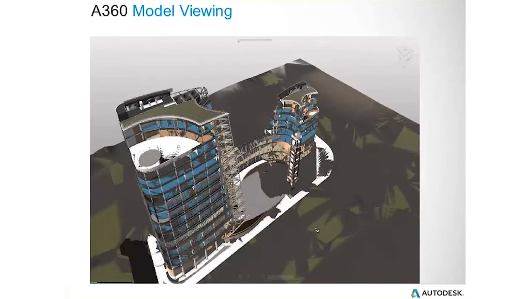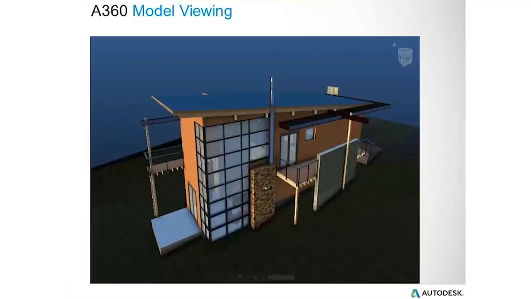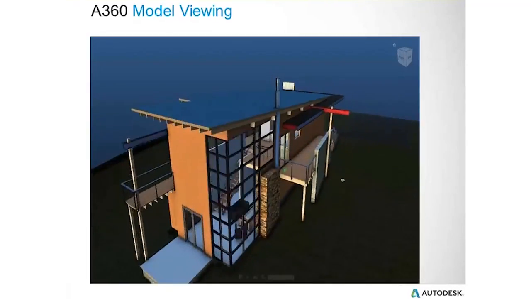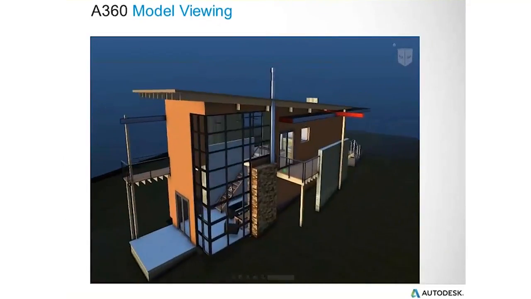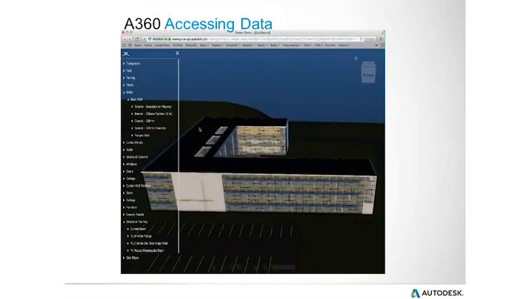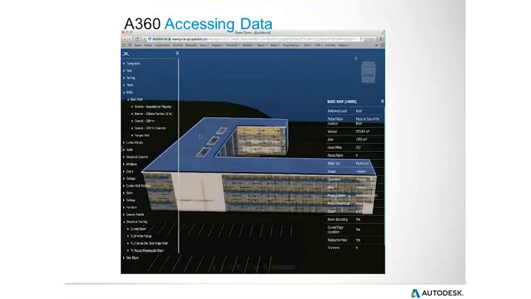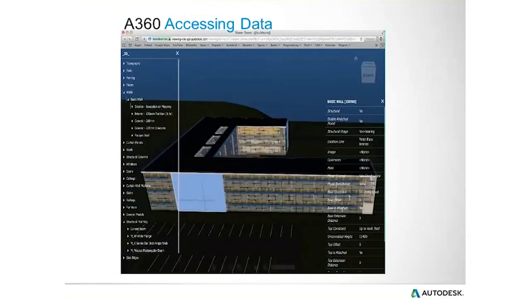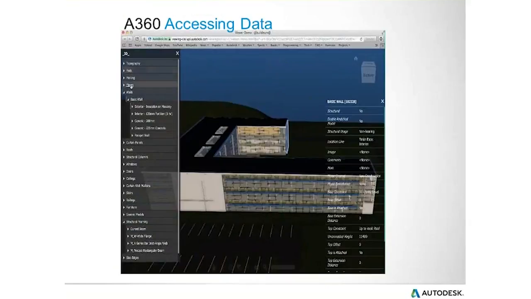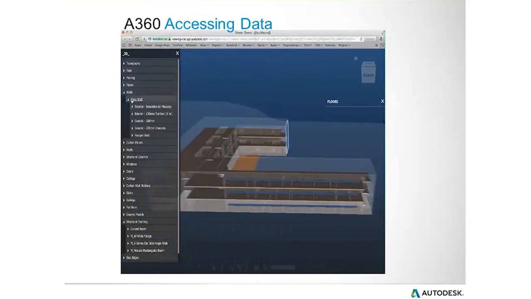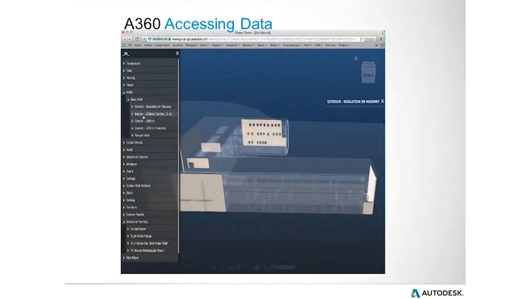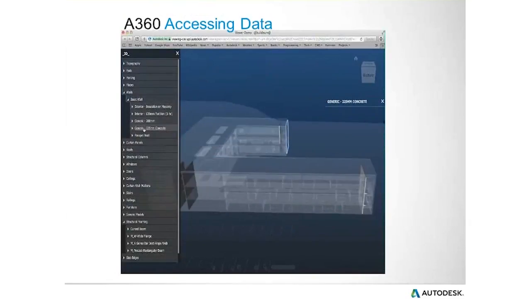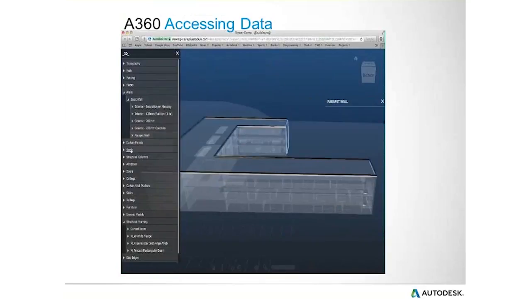This is taking advantage of some of the Showcase technology. Now we have some great visualization products at Autodesk, and that's why we're able to zoom around it very quickly and see it very clearly. So on the same idea, we want to be able to look at our files, but we also want to be able to get information from our files. We want to mine some of that data so that we can access it. And once again, you could share this with anybody, and they can go in and take a look at the information that goes with the model. Amazing technology.